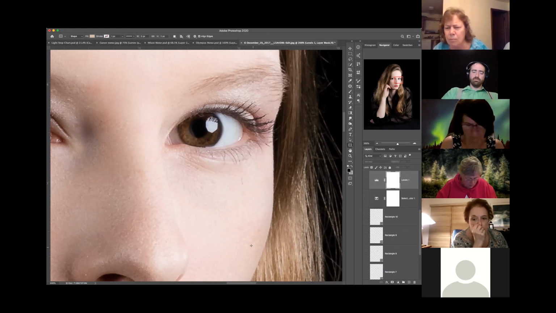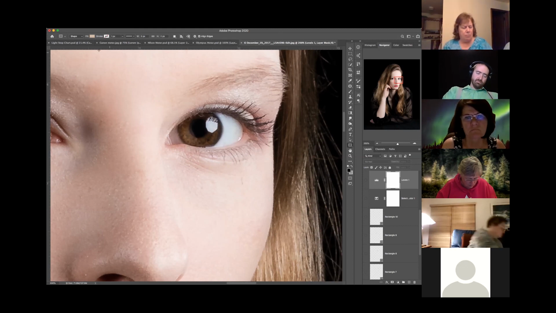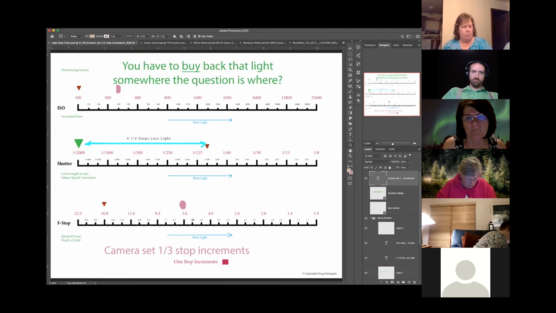Nowadays, because we can buy so much light on our ISO that we couldn't before. So back in 2002, 2003, my ISO limit was maybe ISO 400 because the cameras were not very good at high ISOs. Nowadays, I will routinely shoot at ISO 6400 with some of my cameras and be very comfortable